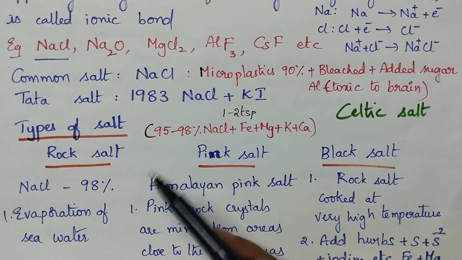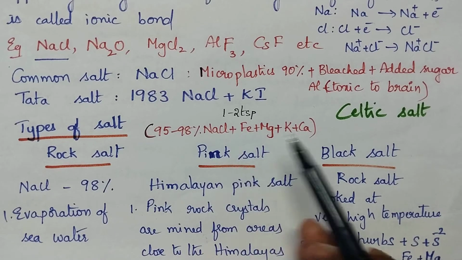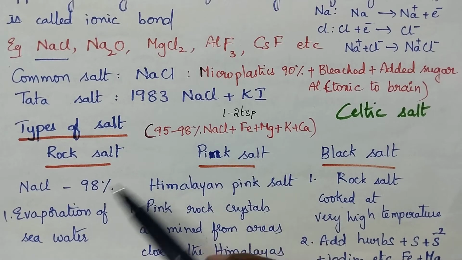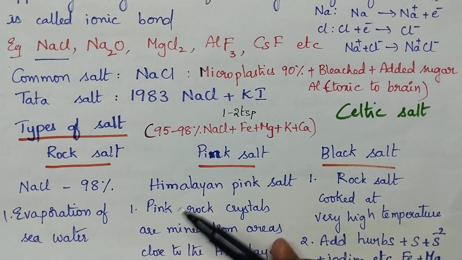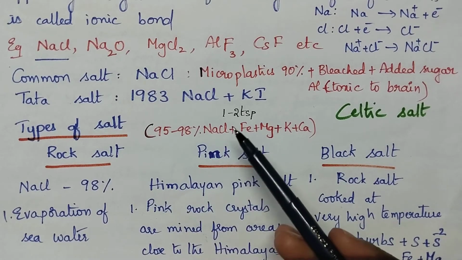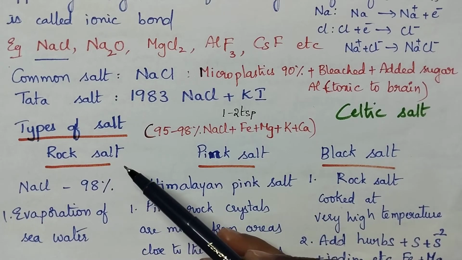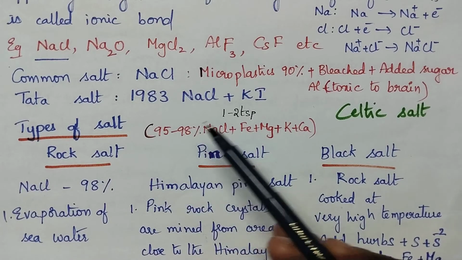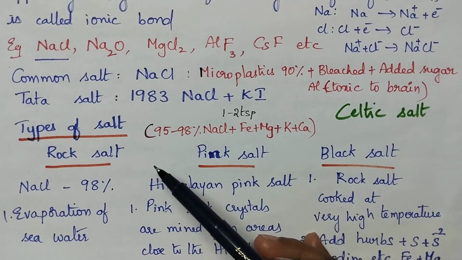Why? It is less contaminated. But due to the increasing levels of pollution, the seawater is contaminated and it results in decreased levels of iodine and minerals in the seawater. With the result, iodine deficiency is observed in the table salt and also in the rock salt. So in order to meet the requirement of iodine in the table salt and rock salt,